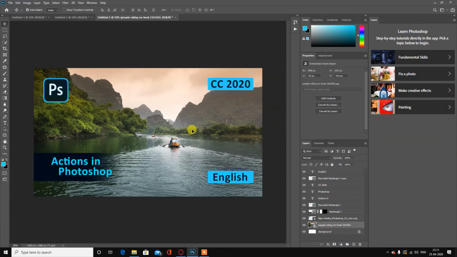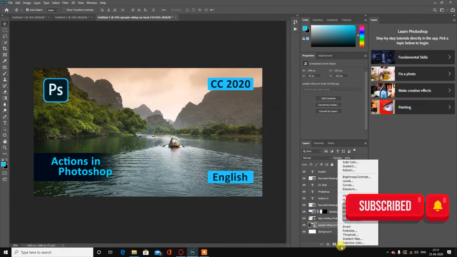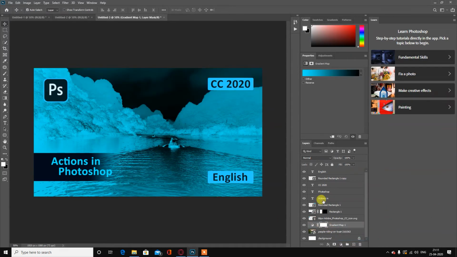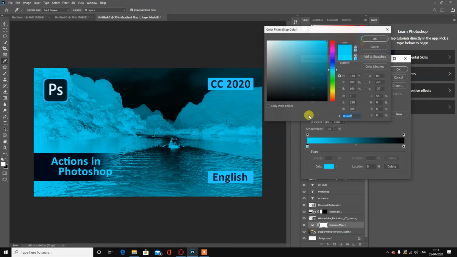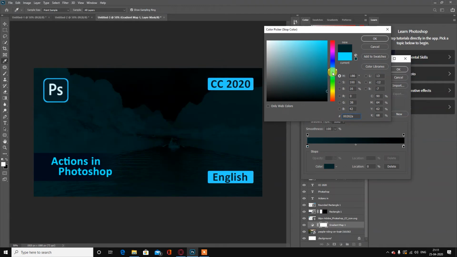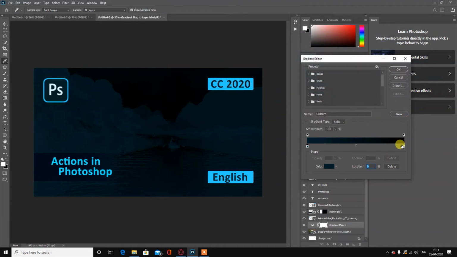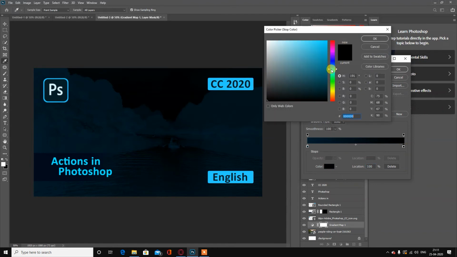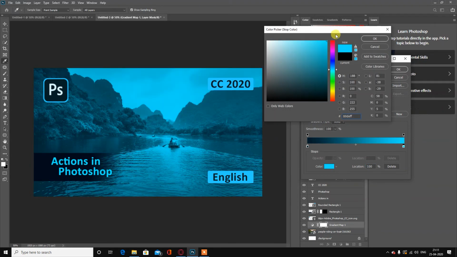Here I want to change some color in the background because I want to make the color combination work. So here I am going to add a gradient map. Let's change the gradient because this is looking horrible. Like this. Great. So now change this to something like this.